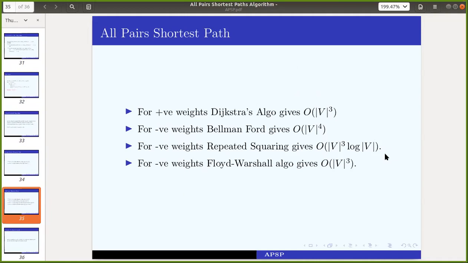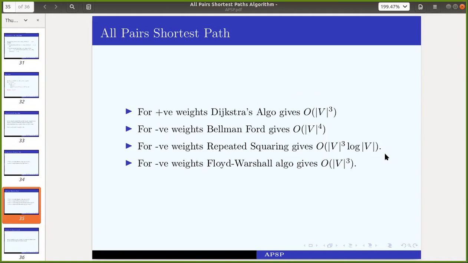But using dynamic programming, we can do Floyd-Warshall. The Floyd-Warshall algorithm works over dynamic programming, and that takes order of V cube time complexity, right?